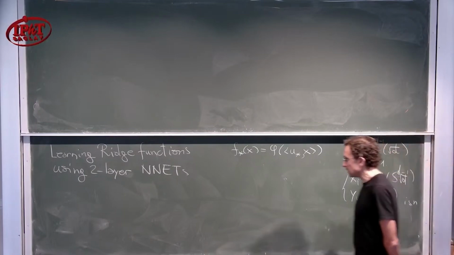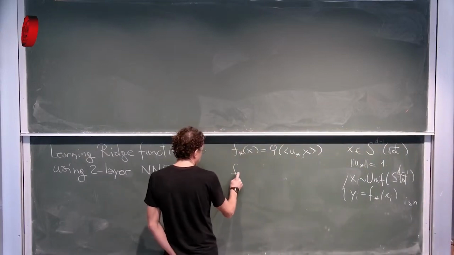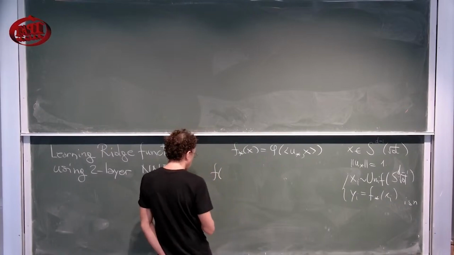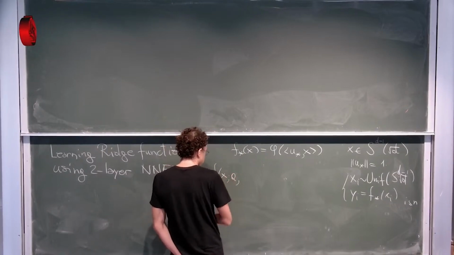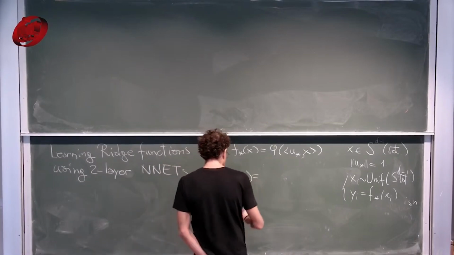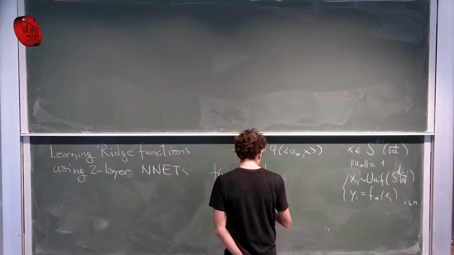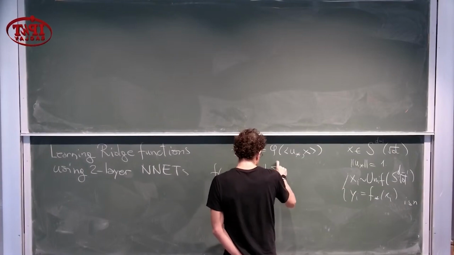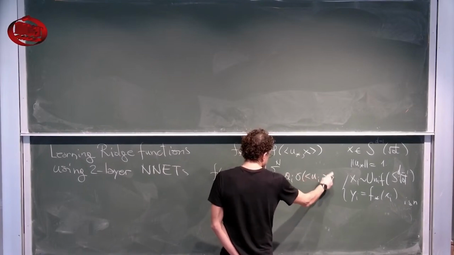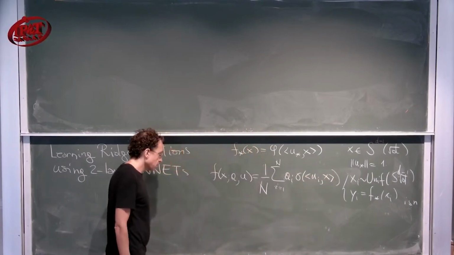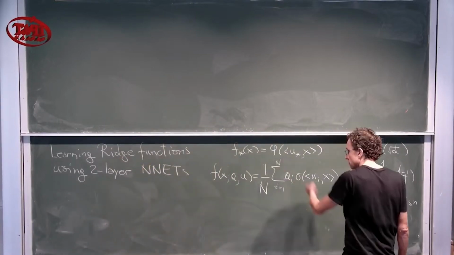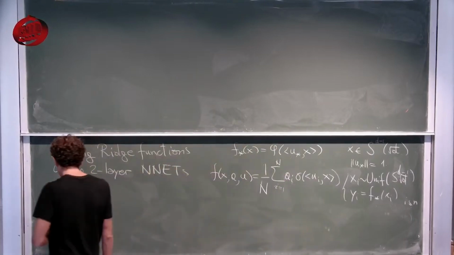And we're trying to learn it by minimizing square loss for the following neural network model, f of x. It depends on second layer weights a_i and first layer weights u_i, with a 1 over N normalization, and sigma applied to u_i dot x. And what we argued, so we looked at online SGD for learning it, and what we argued is